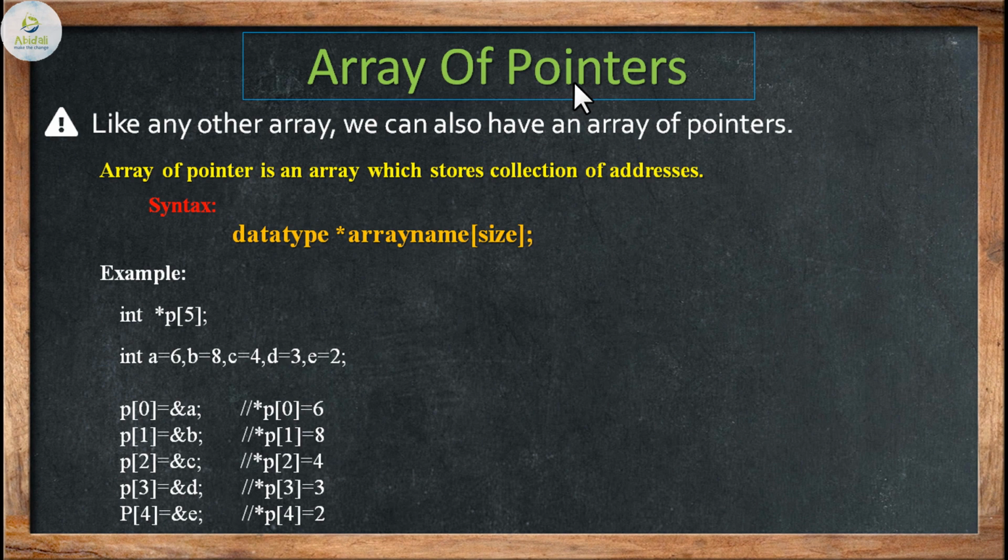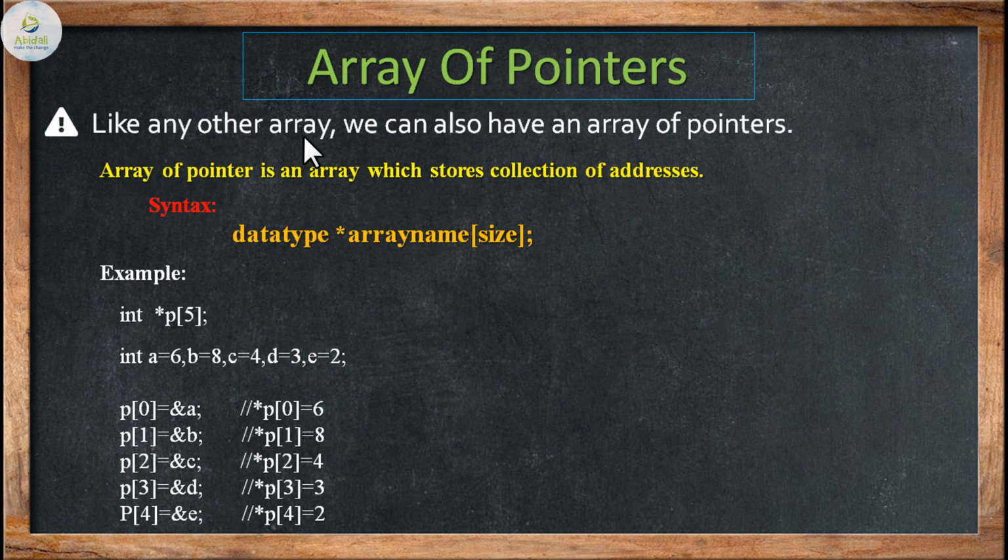Now till this slide we had only pointer variables, which are one or two. Now what if we want to have n number of pointers that are pointing to a collection of variables or different variables, but I don't want to change the name of the pointer? I want to keep the name of the pointer the same, but I want n number of pointers to be stored. So that's where the concept of arrays appears and the relation can be established with arrays of pointers.